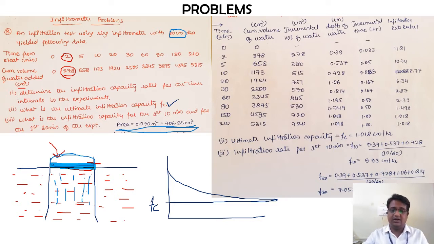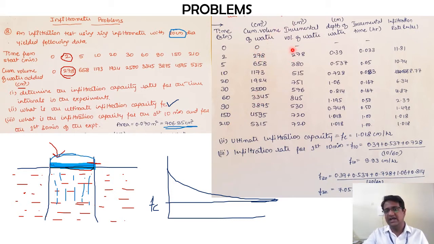Before we go into the solution, make sure that you have your area parameter sorted out and you have calculated the area of that infiltrometer. Now, keeping this in mind, these two rows I have just converted into columns for the sake of calculation. This is the time column and this is the cumulative water column. The time is given in a cumulative way, as well as the amount of water added.